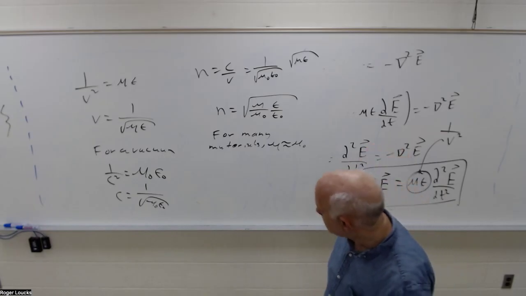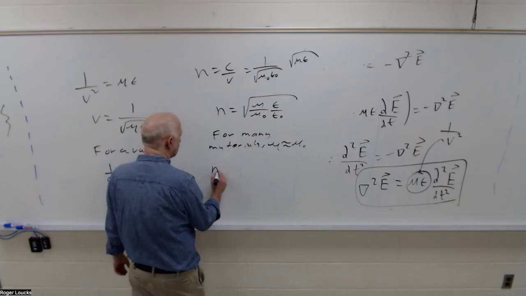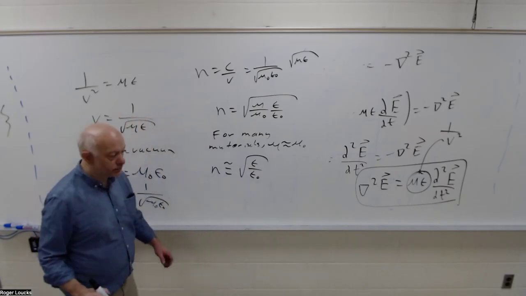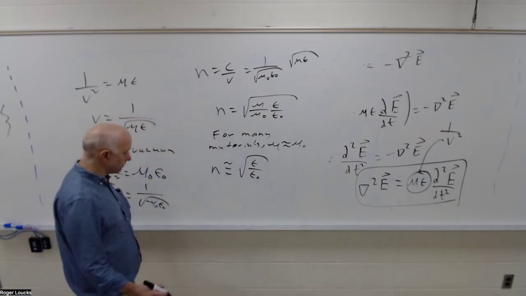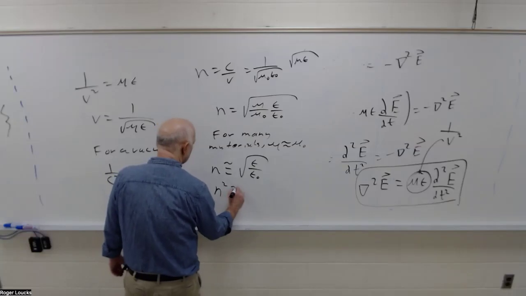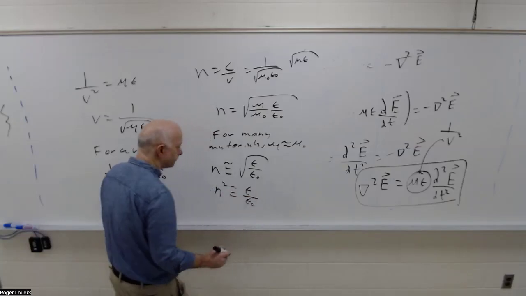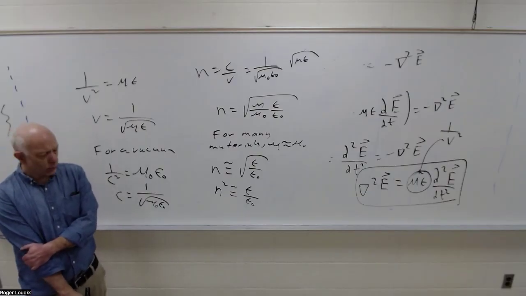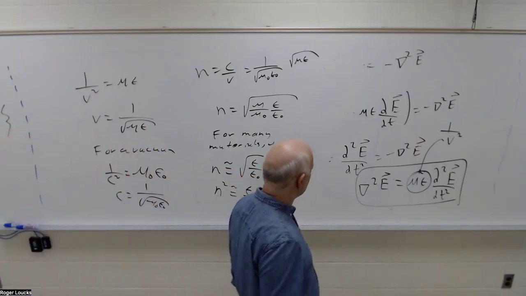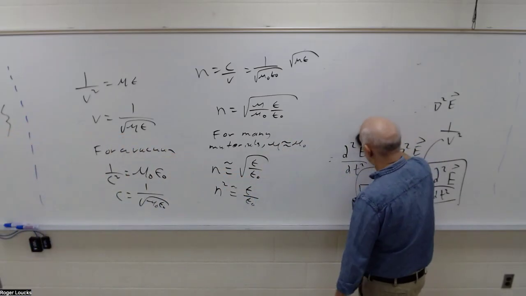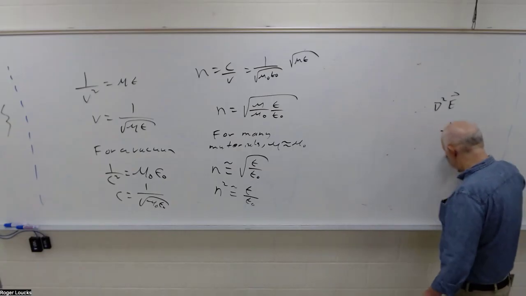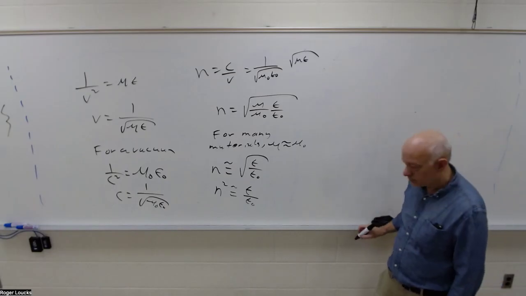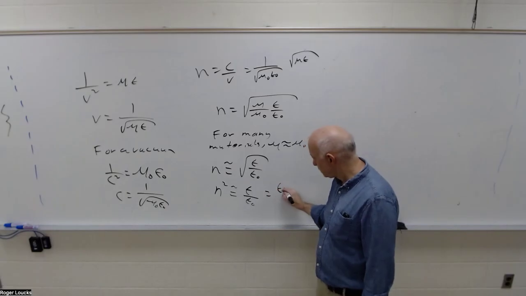So what do we have here? We have that n is approximately the square root of epsilon over epsilon naught, or I can say n squared is approximately epsilon over epsilon naught. That makes sense. But what is epsilon, if we have a linear homogeneous isotropic dielectric? Epsilon naught